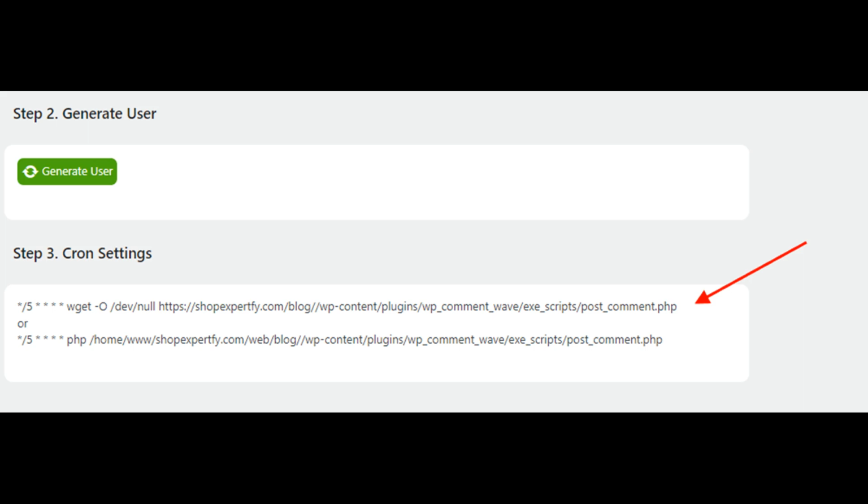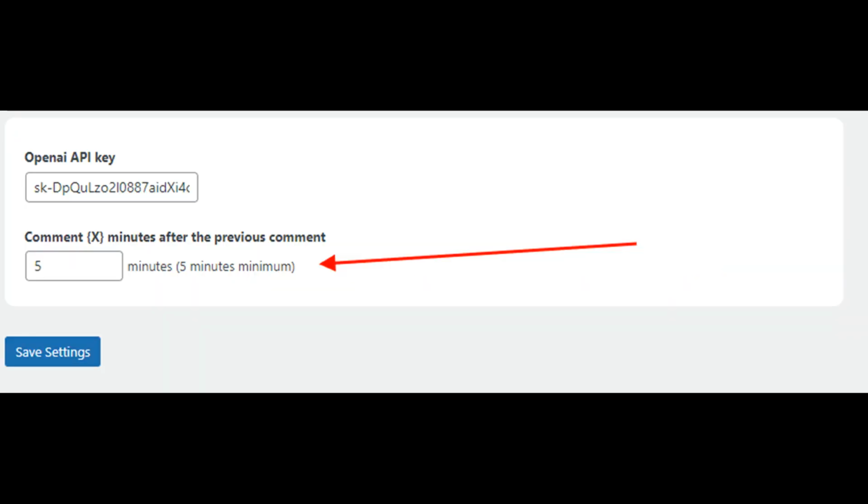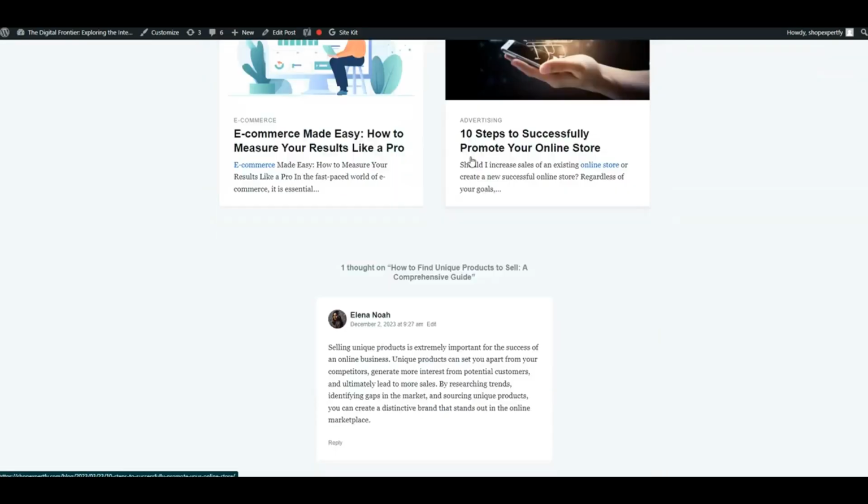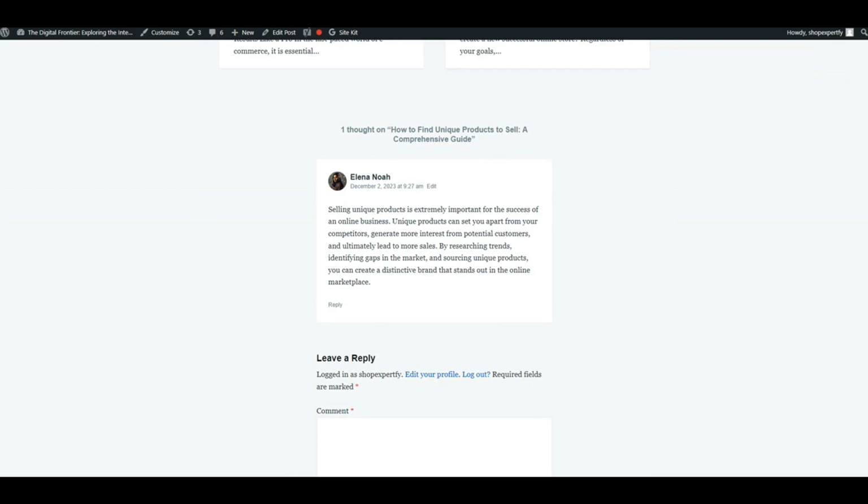The frequency of commenting is controlled by the first step, in which you specify how many minutes from the last comment the next comment should appear on the site. The last comment is taken not only from the generated users but also from those who might have come to your site and left a comment. After setting up the script in cron, visit your site after a day, and enjoy comments from users.